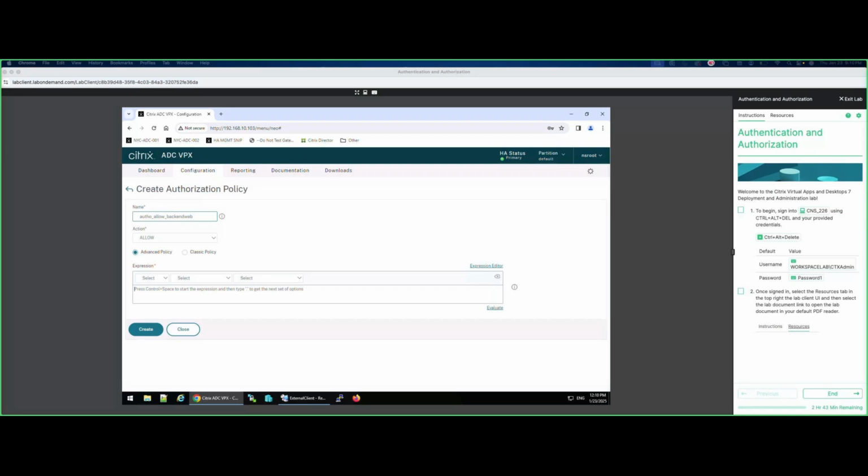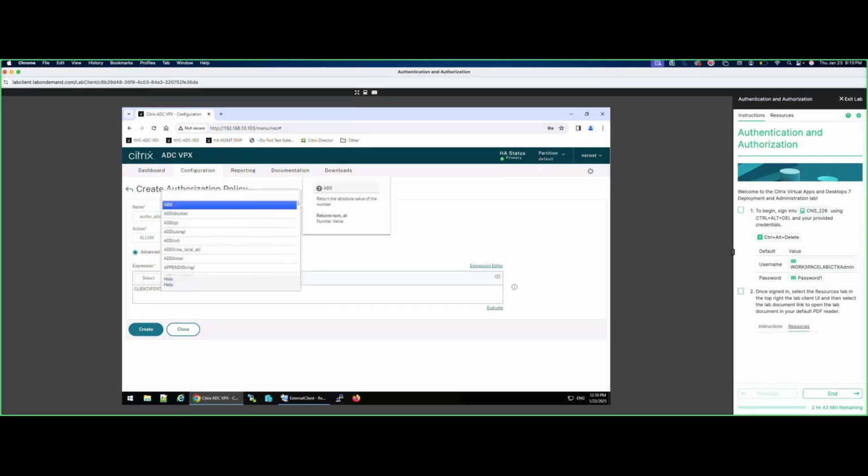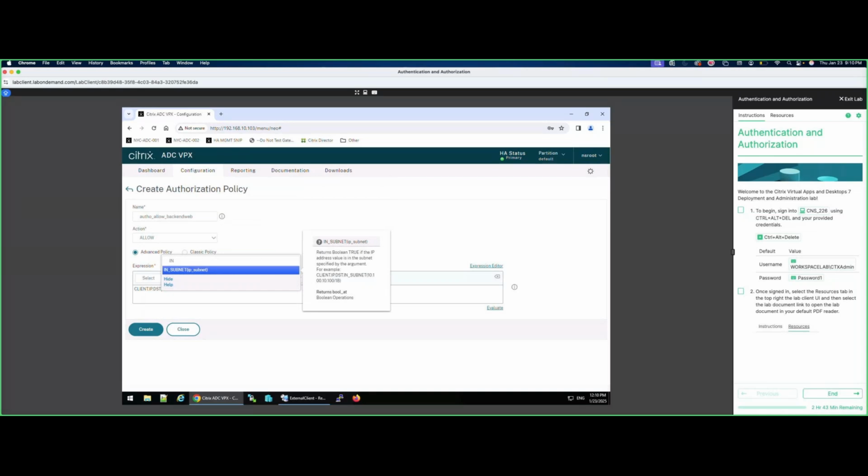So I will say here where my client.IP.destination in subnet is 192.168.30.0/24,